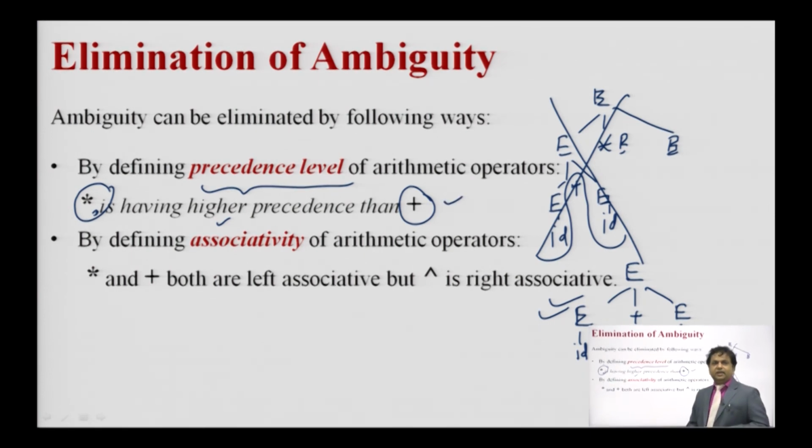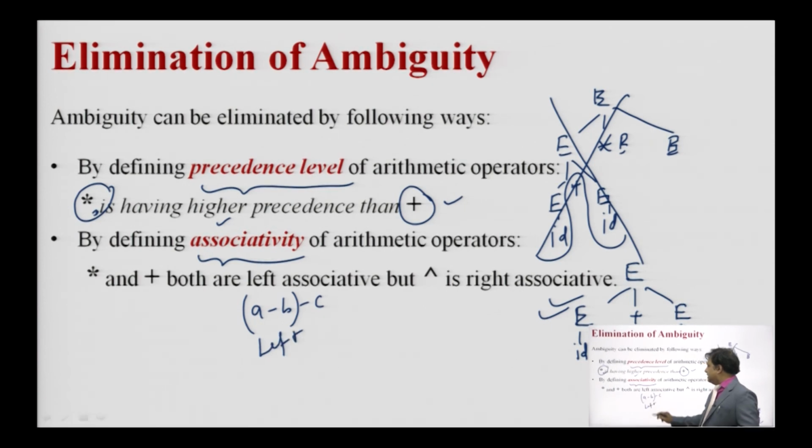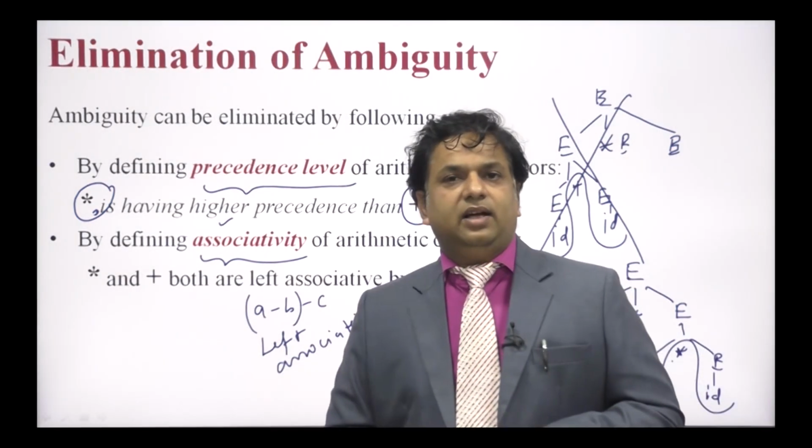The second way to eliminate the ambiguity is that we can also decide the concept of associativity. Associativity means that suppose we have A minus B minus C, then we always try to find out A minus B first. This is called left associative. So, this also restricts the ambiguity in certain cases, but here we can conclude this lecture on grammars and their ambiguity.